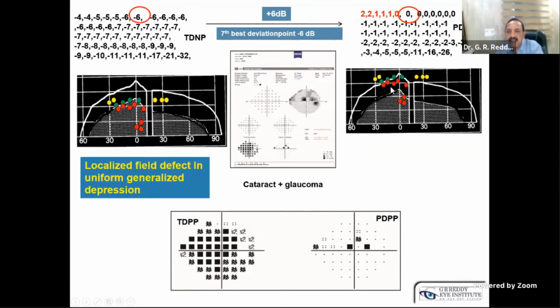While adding the +6, all these yellow points now will become above the hill of vision, and all the -6 will occupy the normal slope of field of vision, and some of the scotomas nearer to this will not be represented by any value because they are close to the slope of field of vision. Still, by adding +6, the deep scotoma still retained their p-value and is appreciated in the pattern deviation probability.